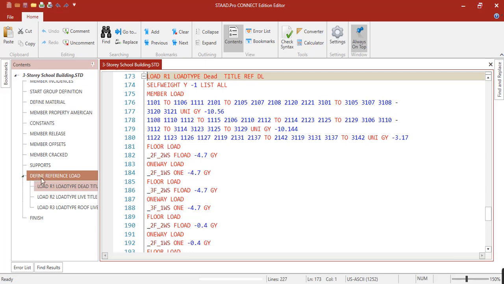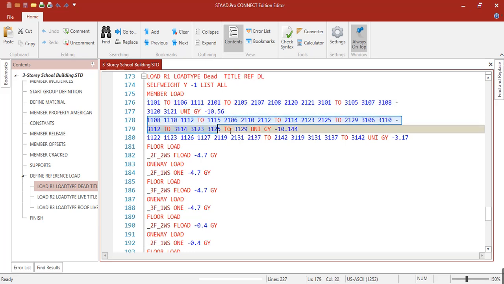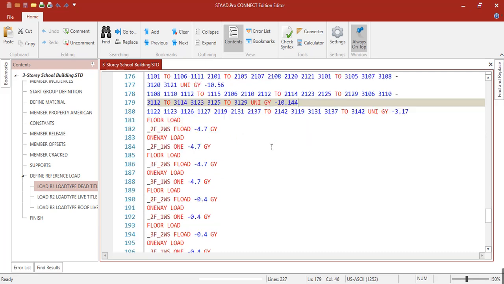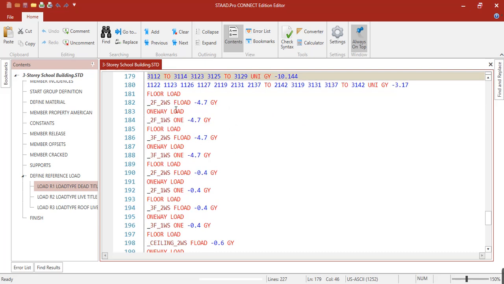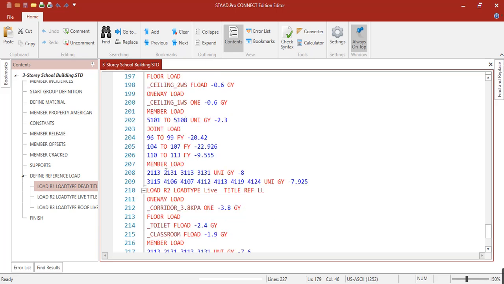Under the define reference load, we can see the different loadings that we've set. For example, these are the members, then this is the uniform load, and these are for the floor loads and also for the member loads.